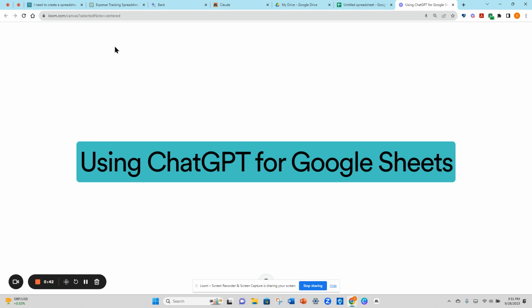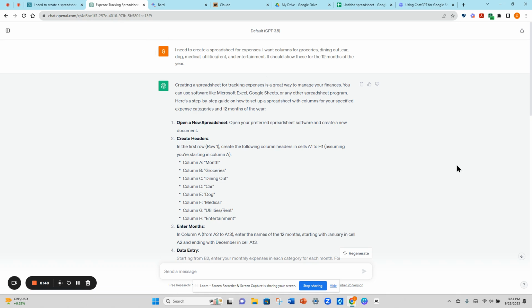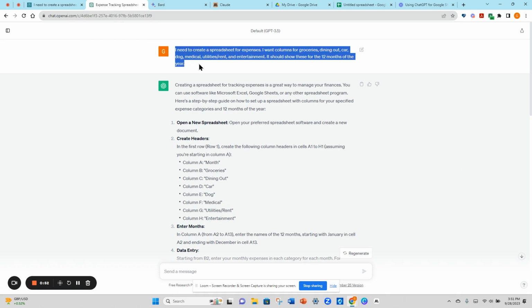So let's get started. At the top here, I already have a tab open for ChatGPT, so I'm going to open that. And you can see the prompt that I put in at the top. This is the same prompt I'm putting in on all of the different AI platforms. And I said that I needed to create a spreadsheet for expenses. I told them that I wanted the columns for specific things and that it should show these for the 12